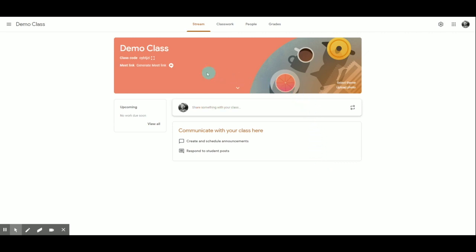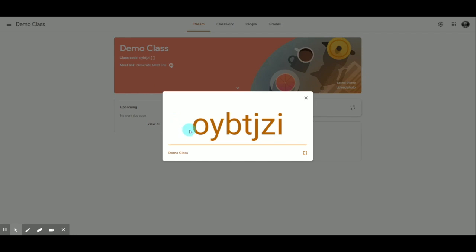You can see up here at the top, there is a class code. Now, I currently don't have any students, and I don't want to invite students right away. I want to make sure that I have content in my class. But once I'm ready to invite students into my Google Classroom, I will share this code with them. Typically, I would do that in the classroom itself. But we know that in a blended learning environment, you may not be meeting face-to-face with them, at least initially. So while you can display the class code and have the students enter this into their devices, whether it be a Classroom Chromebook or even the Google Classroom app on their phone,